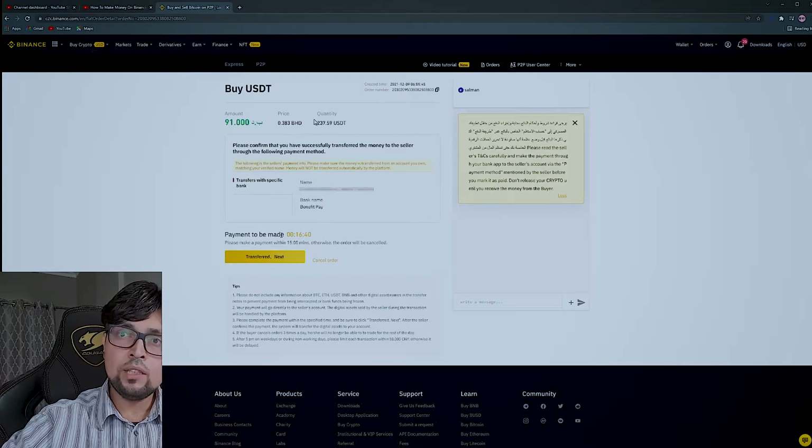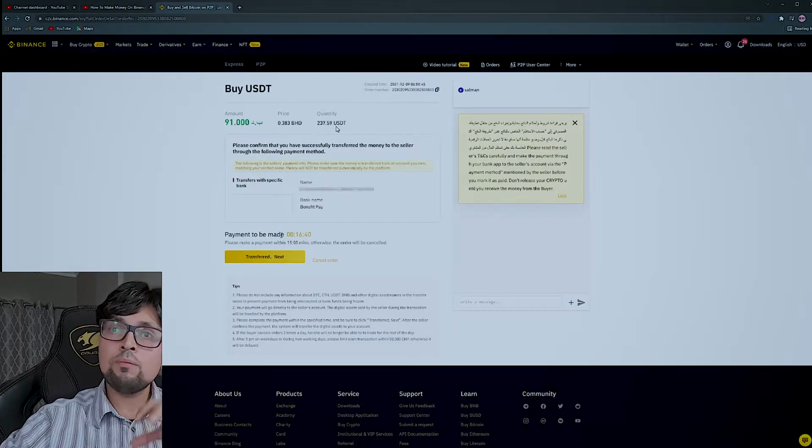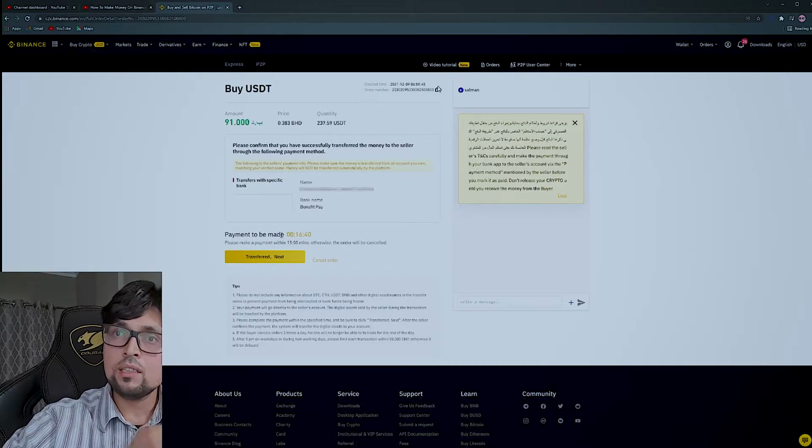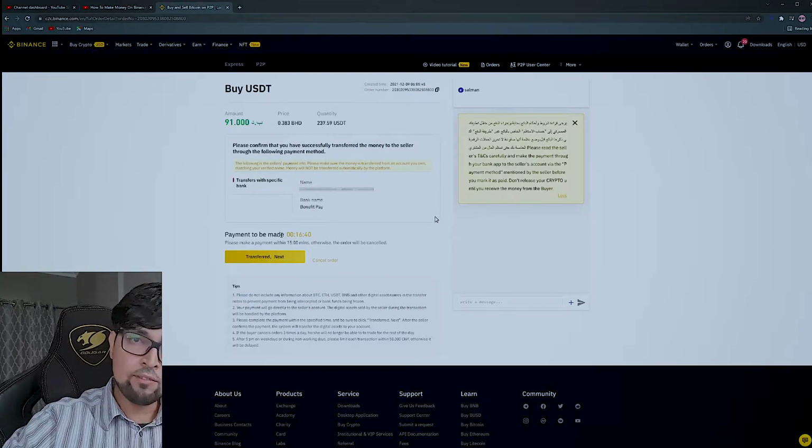this 15 minutes have passed, then the gentleman received the funds, but after 15 minutes have passed, since I have not clicked on transfer, Binance, the platform, will not know that I had created the order. So these funds which were being held by Binance, since there is an order under execution at the moment, basically Binance will release it back to him. So in that case, my money is gone and I have not got the USDT.